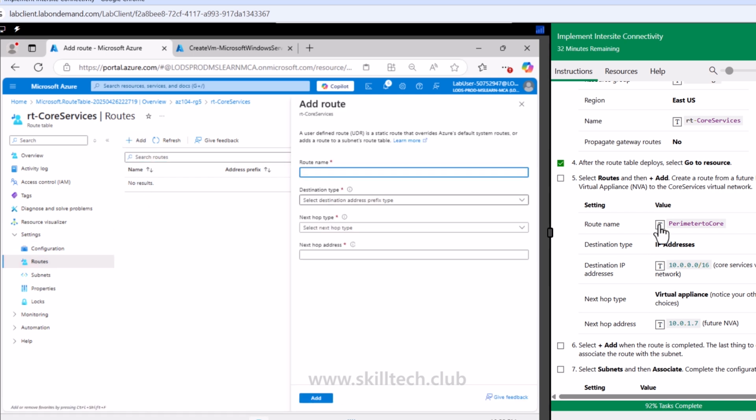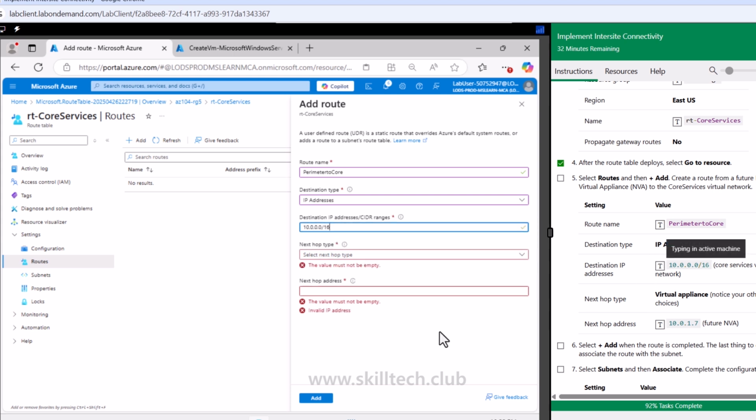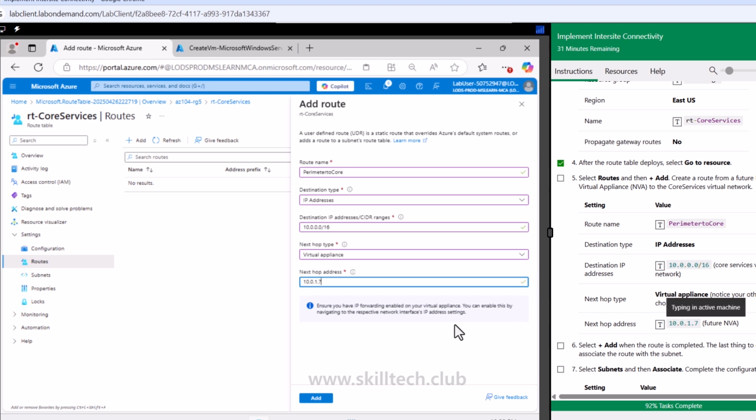The route name we are specifying is perimeter to core. Destination type is going to be IP addresses, where we are going to specify the IP address range of my core service virtual network. That was 10.0.0.0/16. The next hop type is going to be a virtual appliance. It can be anything. We are going to specify the next hop, which is going to be my future NVA. So I'm just going to specify 10.0.1.7. Once this route is configured, we are going to click on add,